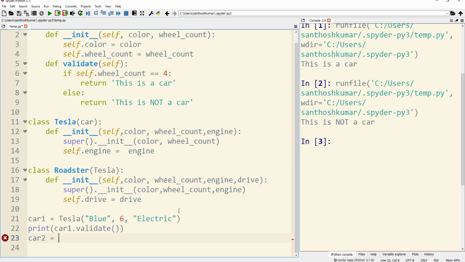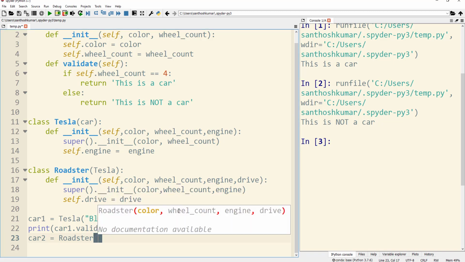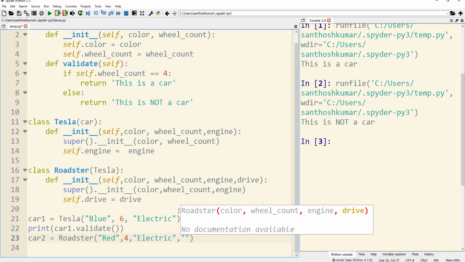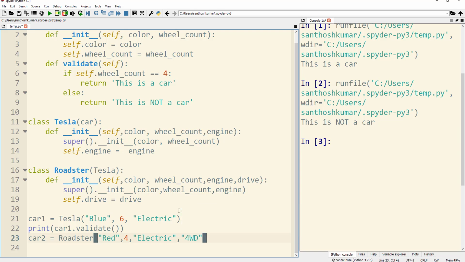I am coding car2 equal to Roadster, and as the parameters I am passing red for the color, 4 for the number of wheels, electric for the engine, and for the drive I am using 4WD, which indicates 4-wheel drive.